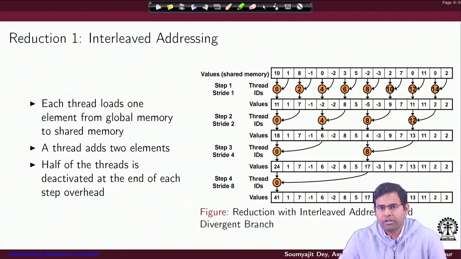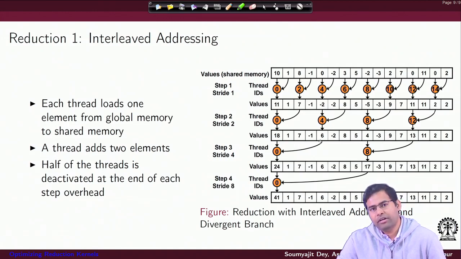So again I will just repeat, there is a difference between half of the threads going inactive. Well, that's the property of the operation here. But if half of the threads inside a warp go inactive, then your warps are not efficient. Whatever operation the other threads are supposed to do, they are not synchronized inside a warp. The alternative would have been that whichever were the threads supposed to do the real addition, if I can pack them inside the same warp, that would be more efficient, because as you can see here inside the warp only half of them are progressing.